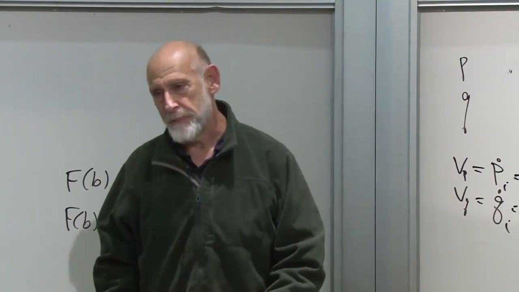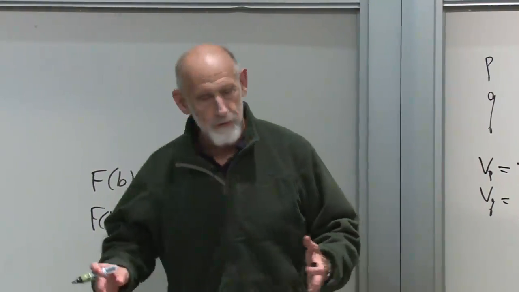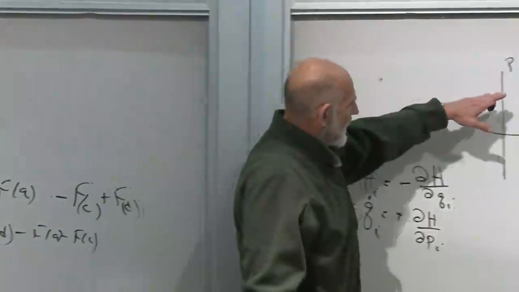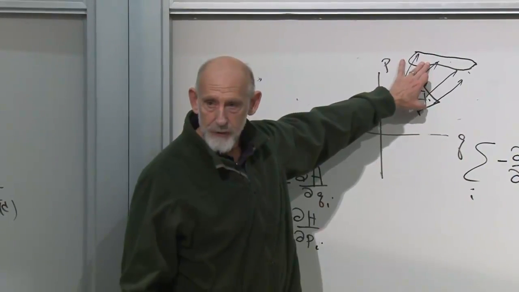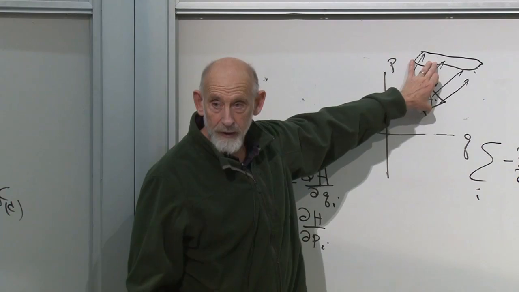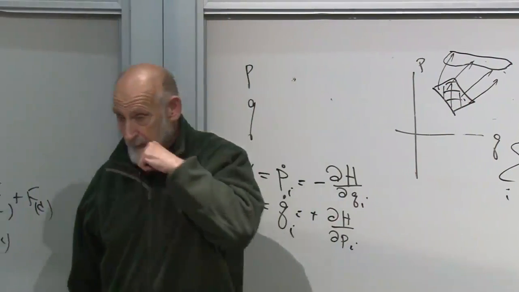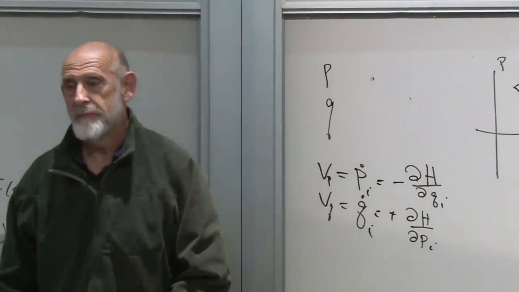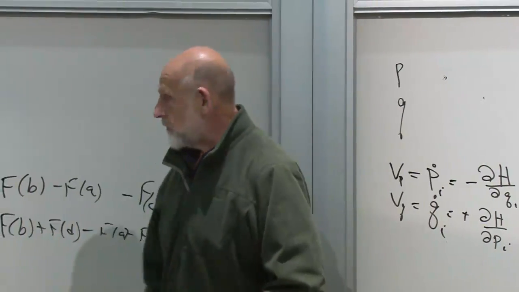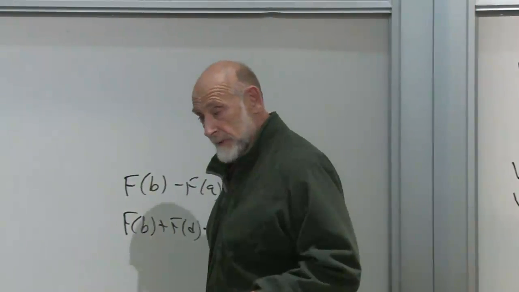Good, so let's take an example. I think what you're saying is that the shape of a region of phase space could change, and it could change in radically complicated ways. Well, this is a simple change, but if you had some of those arrows going this way and some going the other, then it's very complicated. It could be. Let's construct an example. I'll come back in a moment for a question.